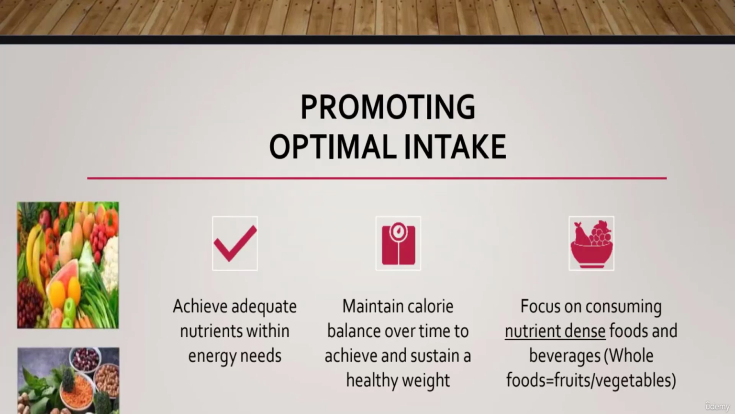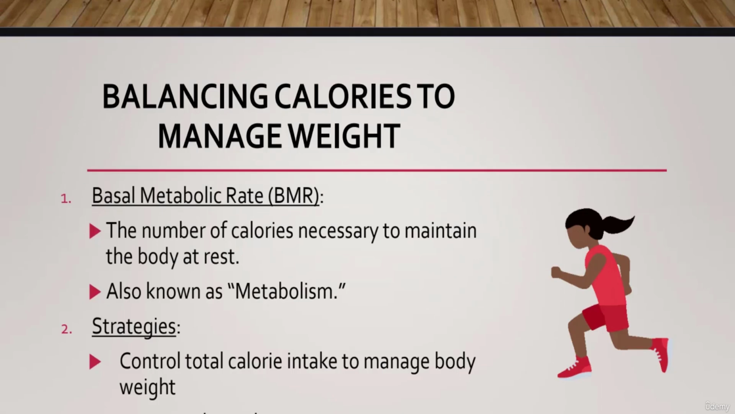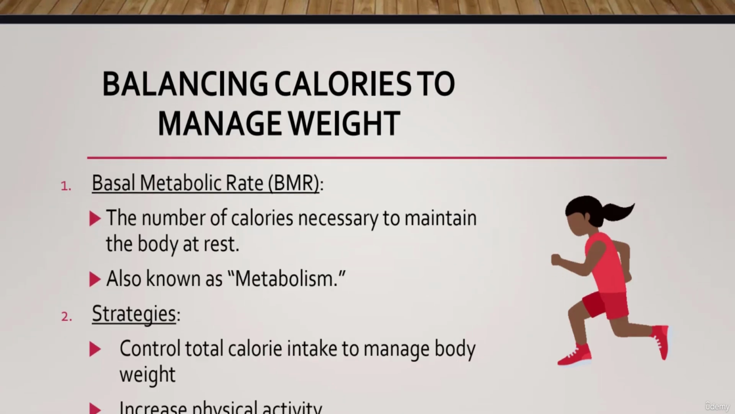Promoting optimal intake. So this is in order to achieve adequate nutrients within energy needs, maintain calorie balance over time to achieve a sustained and healthy weight, focus on consuming nutrient-dense foods and beverages like whole foods, fruits, and vegetables. All right, so balancing calories to manage weight. So there's something called the basal metabolic rate, BMR. This represents the number of calories necessary to maintain the body at rest, okay? Also known as metabolism. The strategies to do that is to control total calorie intake, to manage body weight, increase